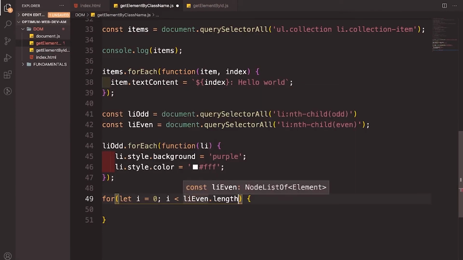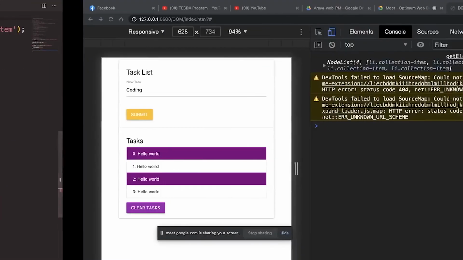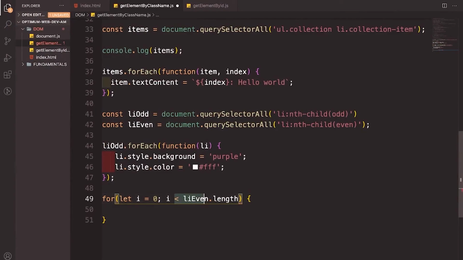Kasi hindi mo pwede sabihin li lang. Si li, it's a technically marami siya. So ngayon, tanungin mo kung gaano karami. So length niya, so madaling salita, 0, as long as 0 is less than 2. No? 0 is less than 2 kasi yung I is 0. Alright, so this I is 0 and li even length is 2 kasi dalawa sila, 0, 1. Alright, so 2. Alright, so as long as this one is true,